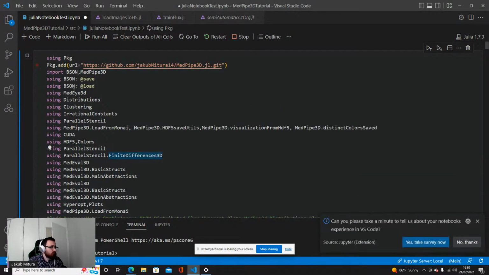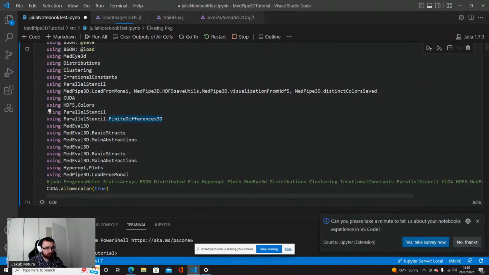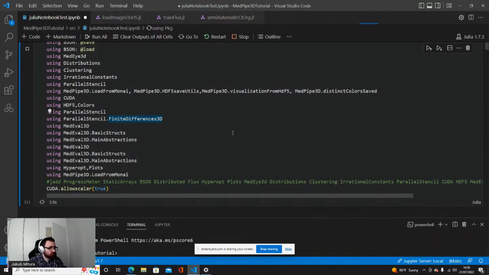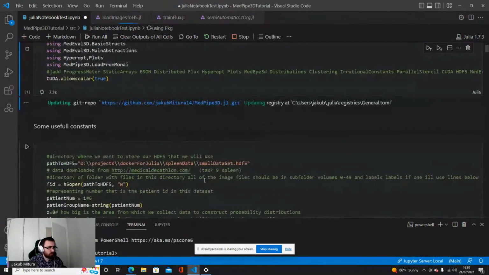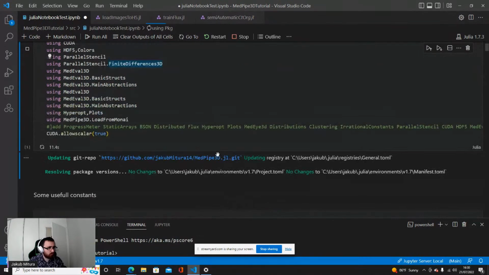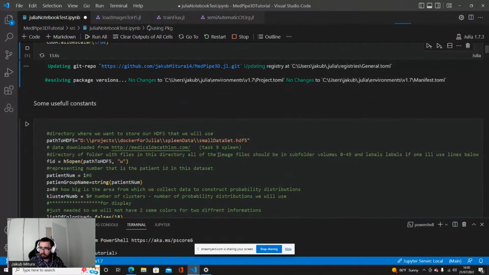First of all, we just execute this and get the libraries loaded into our environment. I already have everything loaded in this environment, but of course, if you do not have it, you will need to load it. Okay, very good.